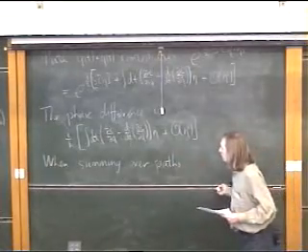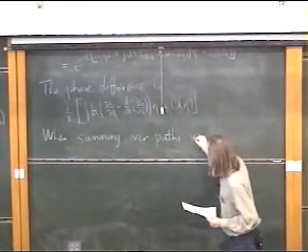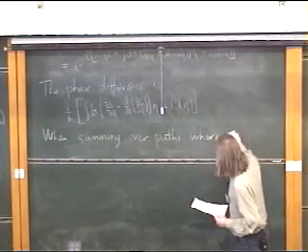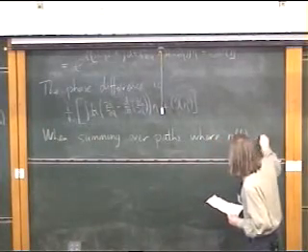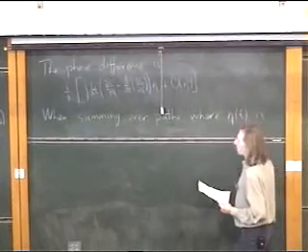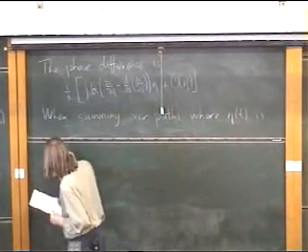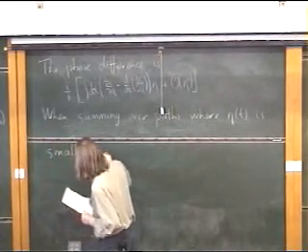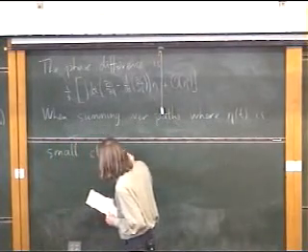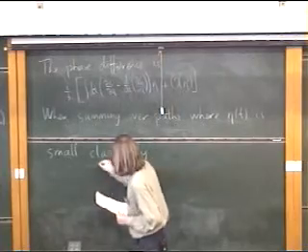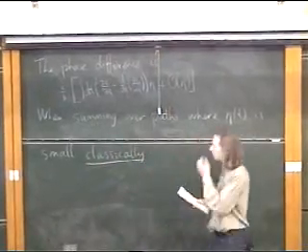So when summing over paths where eta is small, classically, then